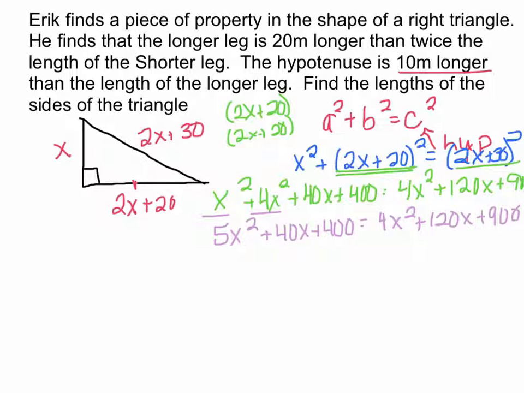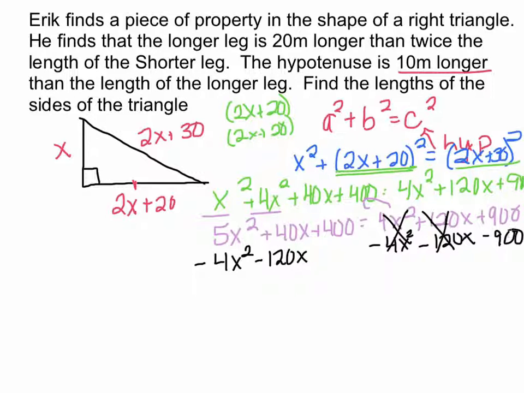So now, like I said before, I'm going to move a lot of things at once. I'm going to move that piece over by subtracting 4x squared to its like term. So that will cancel. I'm going to subtract 120x to its like term, and that will cancel. Then I'll subtract 900 from its like term, and it will cancel. And when I do that, I am left with x squared